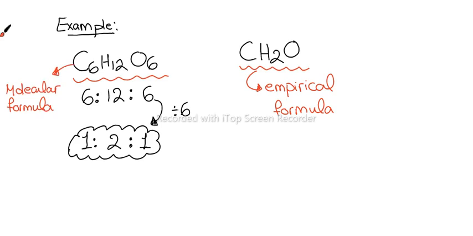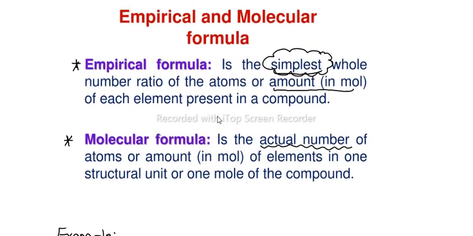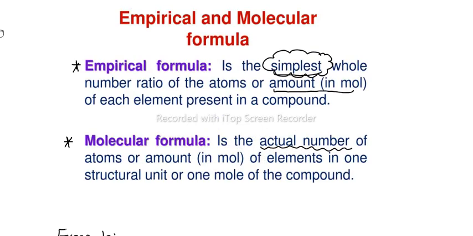So the empirical, it should be the simplest mole ratio, but the molecular, it is the actual formula of the molecule. Going back to the definition, so we can find that the empirical formula should be the simplest. So I will look for, can I simplify or I cannot,